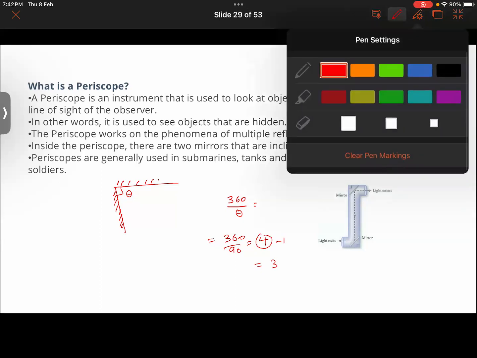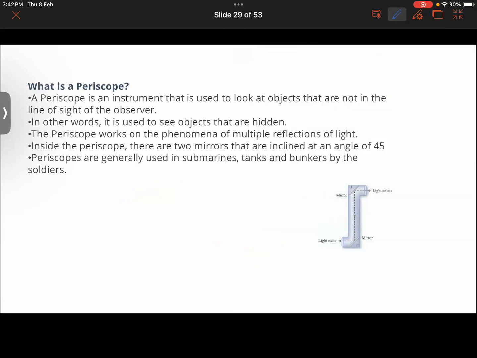Now, talking about periscopes. Periscope, here in the image you can see it's a long tubular device through which a person can see objects that are out of the direct line of sight. I mean to say,